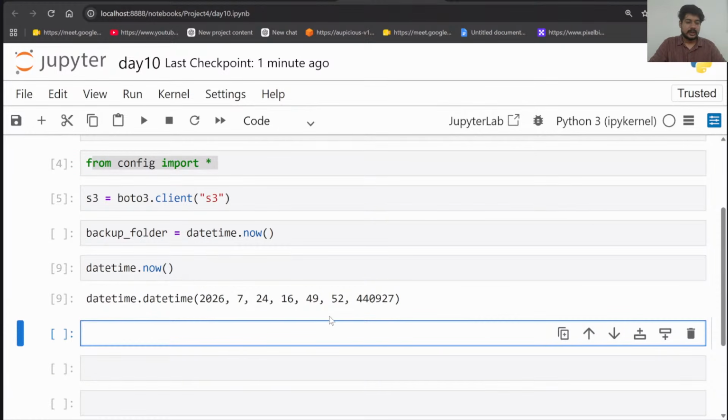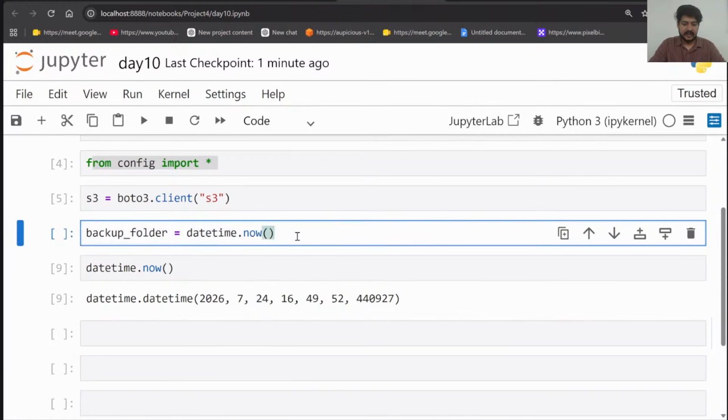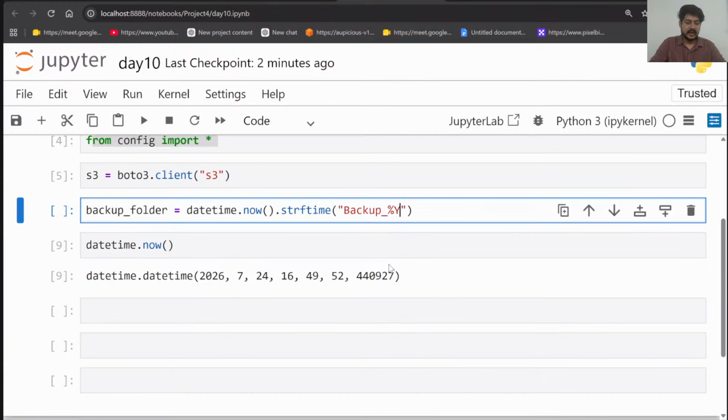Now this output is not properly formatted. So we will say that whatever date and time is right now, we want to store it in string format. String format of the time, right? So I want it to be stored in the string format. What I want inside the string, I'm using maybe backup underscore, maybe percent capital Y for year, and then I want month, so percent small m for month.